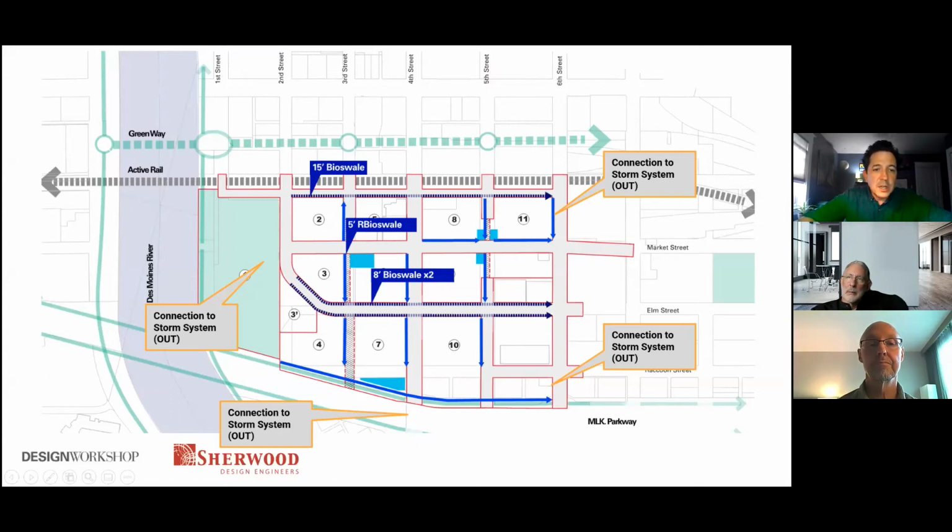And so where we started here, it's a little bit hard to see here, but essentially taking all of the stormwater management requirements, which really boil down to two, pretty much any place you'll find. That's cleaning the water, it's water quality, and that's where we talk about bioswales and bioinfiltration and rain gardens and that kind of thing. And then there's flood control. So that's managing the large quantities of water that run off from a site during a large storm event. Typically that's the 100-year storm. So there's the two main